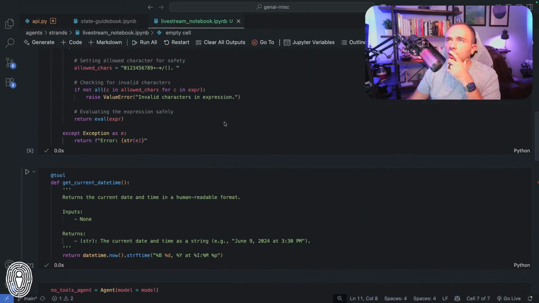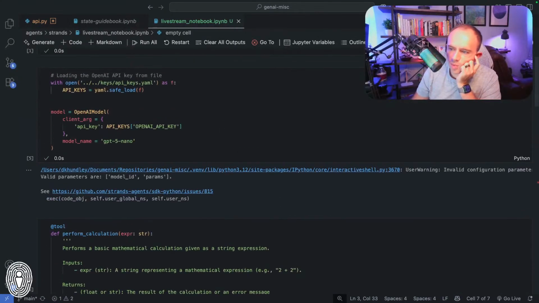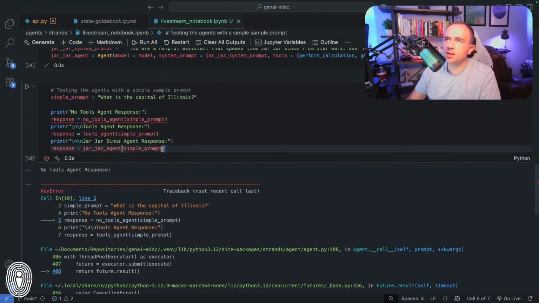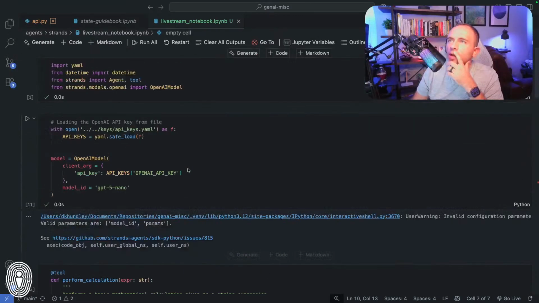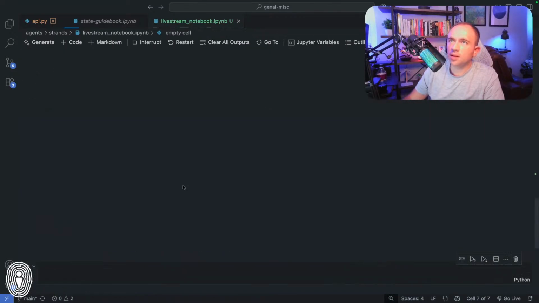Model ID. Oh, did I do something incorrect here? I must have. Model name. It's not model name. Is it not model name? Nope. So, okay, apologies for that. So up in the OpenAI model here, it's not model name, it's model ID. My apologies. All right, so simple mistake there. API key client must be set either passing the API key or by setting the OpenAI. All right, it looks like I did something else goofy up here. So let me check my notes just to make sure that I didn't do anything wrong. All right, client args. There we go. Missing an S there. All right. There we go.